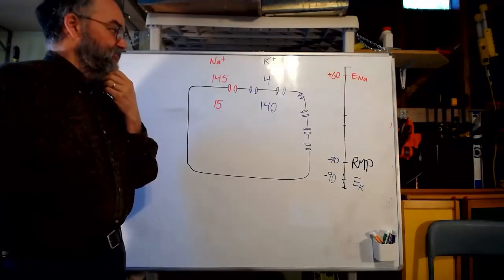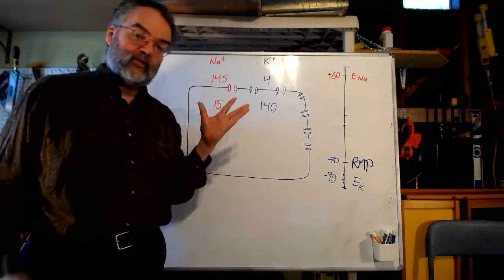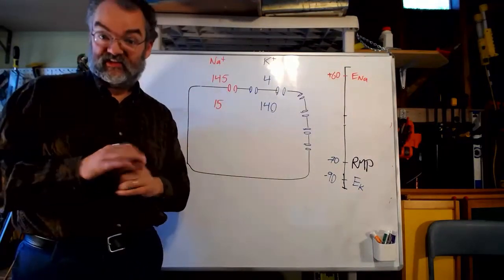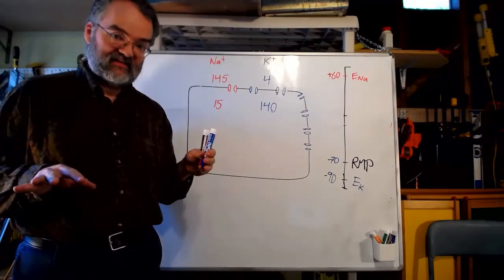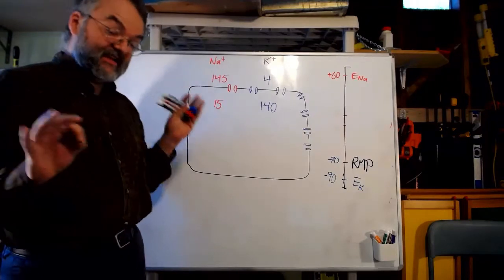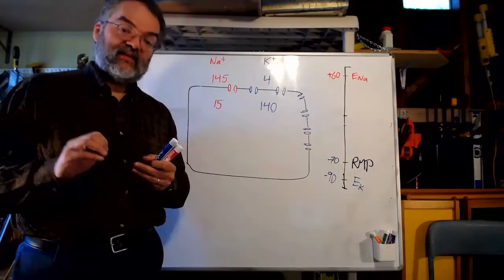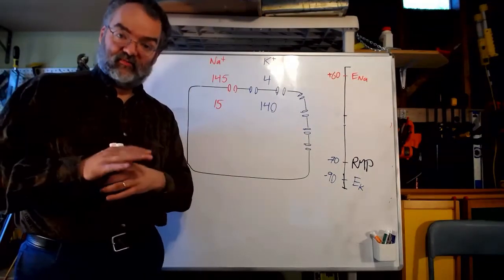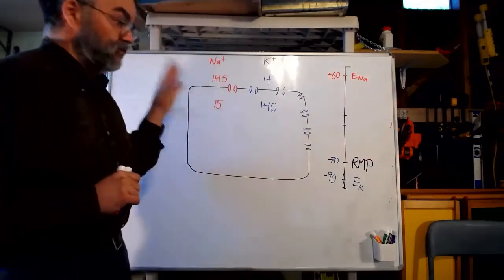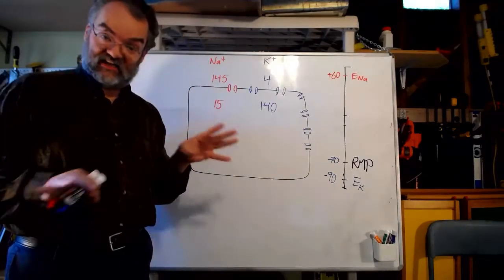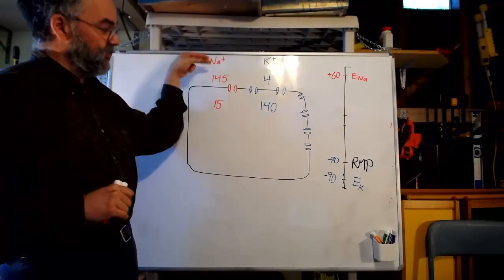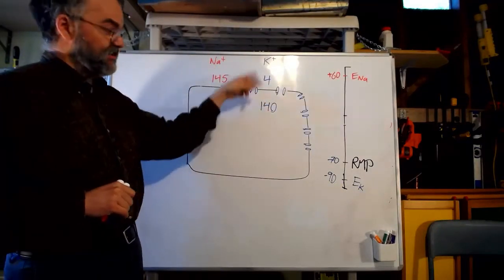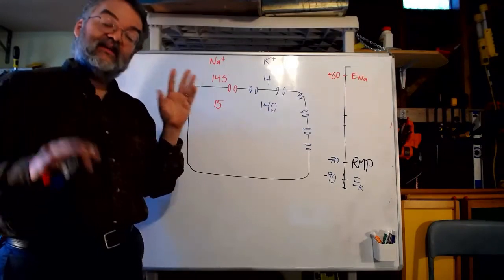Okay. So that's kind of a quick overview of why resting membrane potential in a typical nerve cell is -70 and what goes into setting that. Now, the next thing we're going to be talking about is how cells change their membrane potential. So keep in mind, resting membrane potential is not equilibrium. We are not at equilibrium here. Sodium is still leaking in, potassium is still leaking out. In fact,